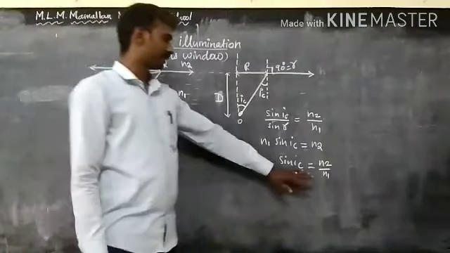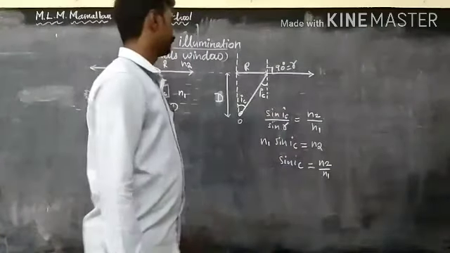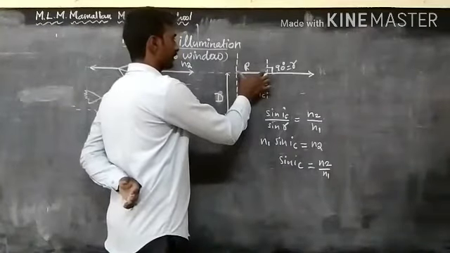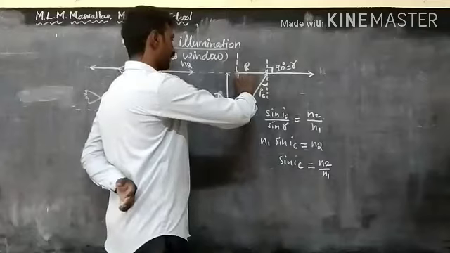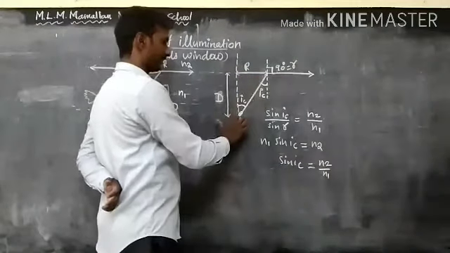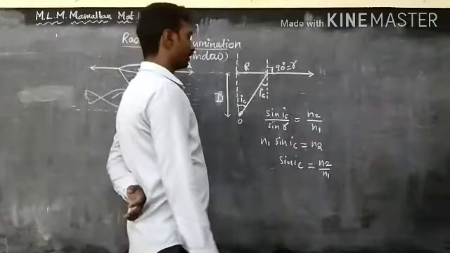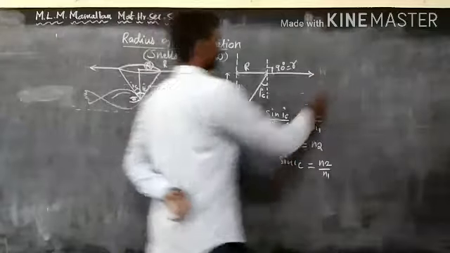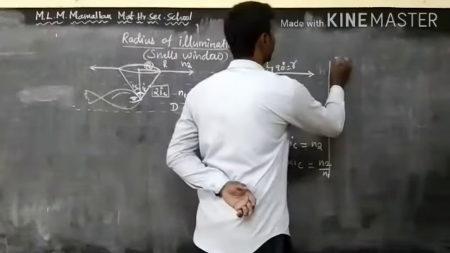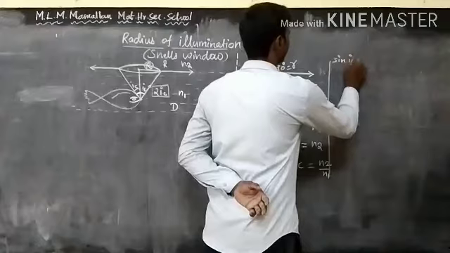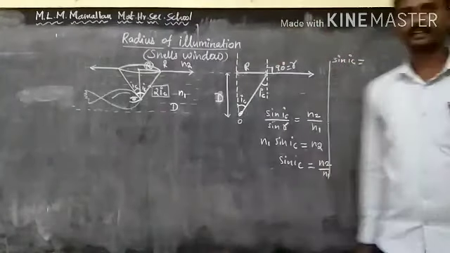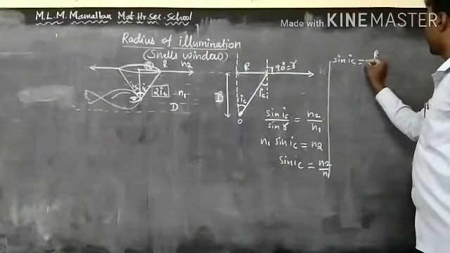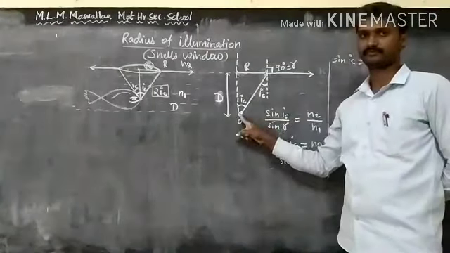Next, I am going to find the value of sin IC from the diagram. Come to the point. This is angle IC. So this is the opposite side, this is the adjacent side, and this is the hypotenuse side. Now I am going to find the sine of the angle for this triangle using the general formula. Sin theta, here theta is IC. Sin theta is equal to the opposite side, this R, divided by the hypotenuse side.